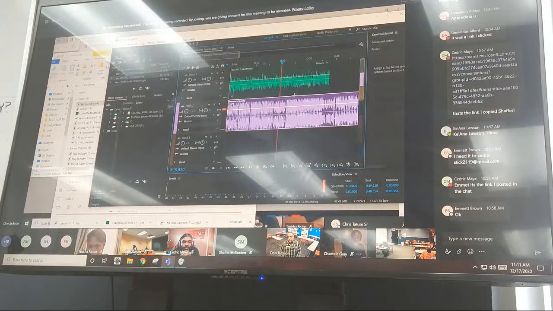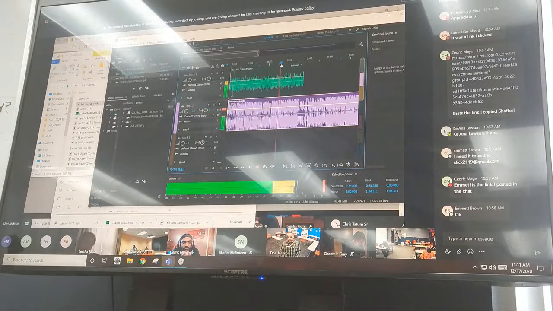But do this so you can see the whole track. And you'll notice we've got all this music here that you don't need. Okay? So what you want to do is you want to cut this off right here. So you have these tools up here that allow you to do that.